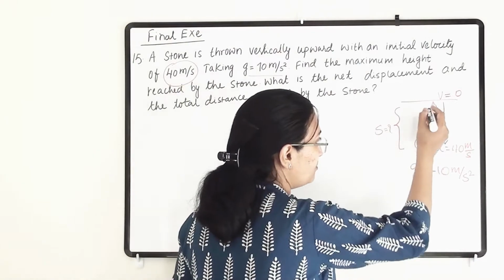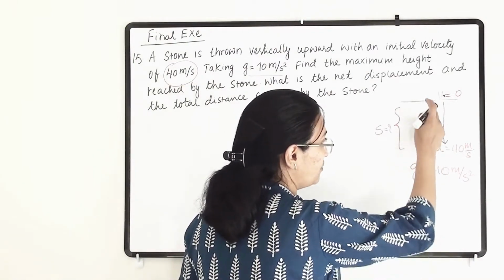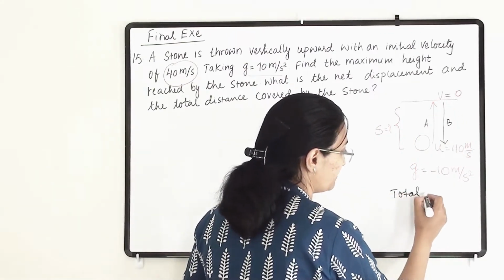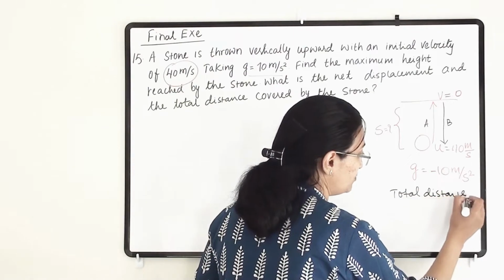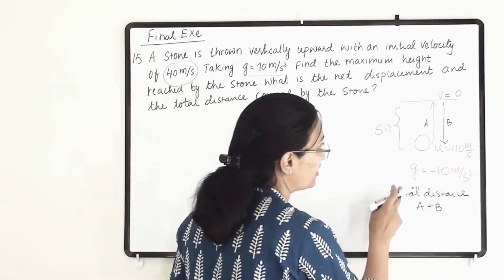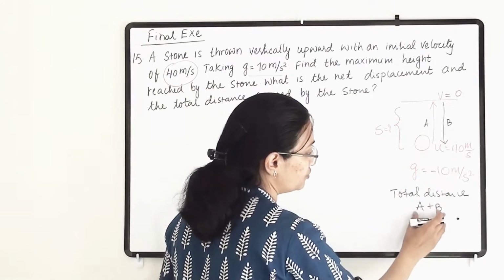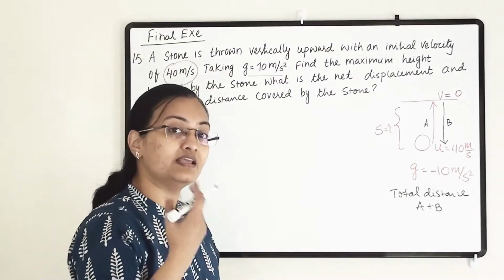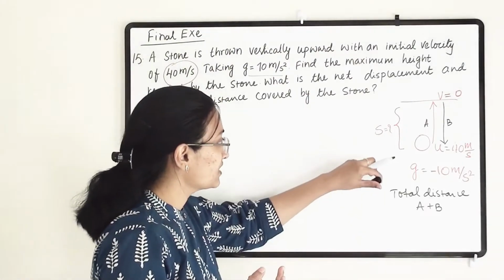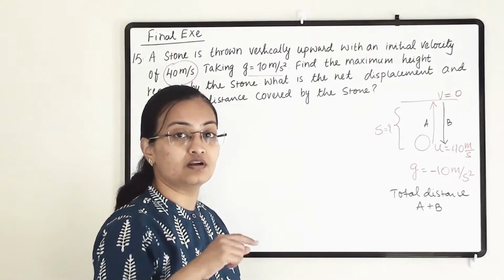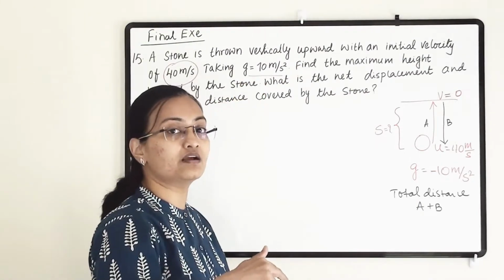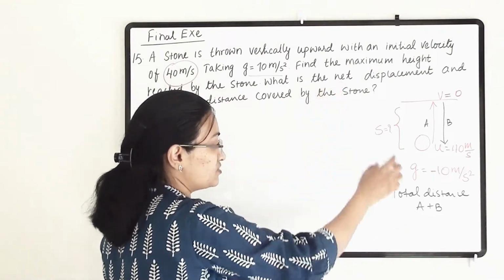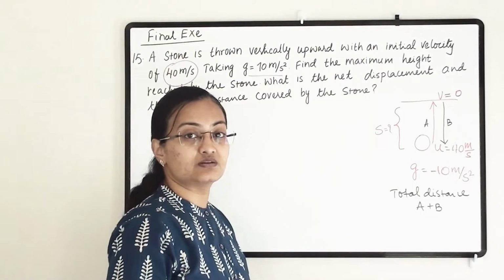So how much total distance it will cover? Once it is going up, that path is A, and B while going down. So total distance is going to be A plus B, while going till the top and coming down. So we are going to find out here the distance and then multiply it with 2. So how much distance it will cover by reaching till the top and then coming back, we can calculate through that. Now net displacement, we will discuss once we find this out.